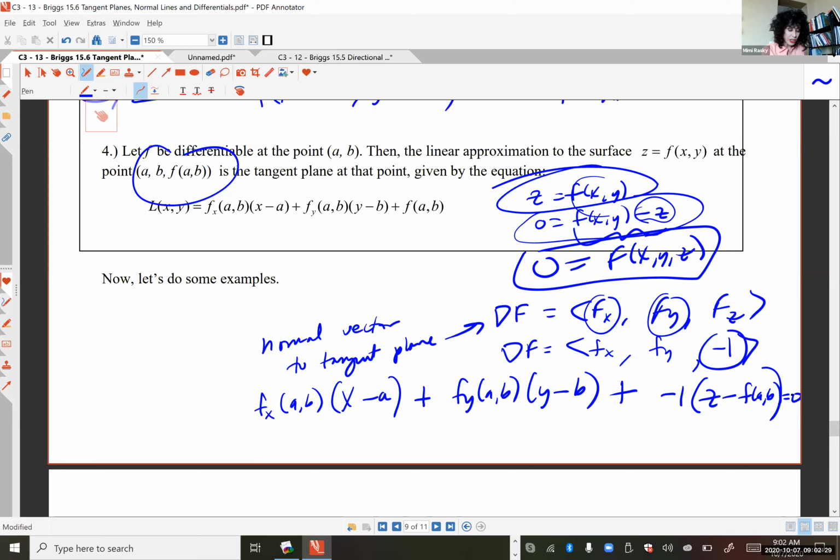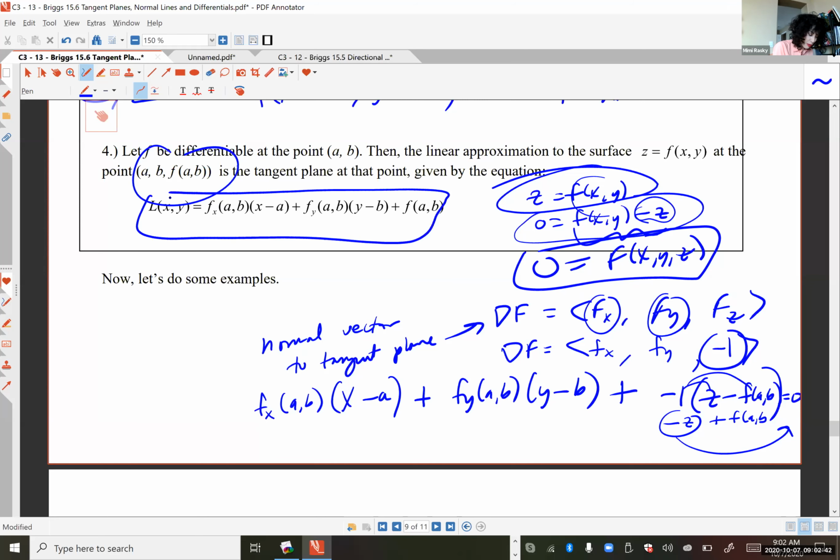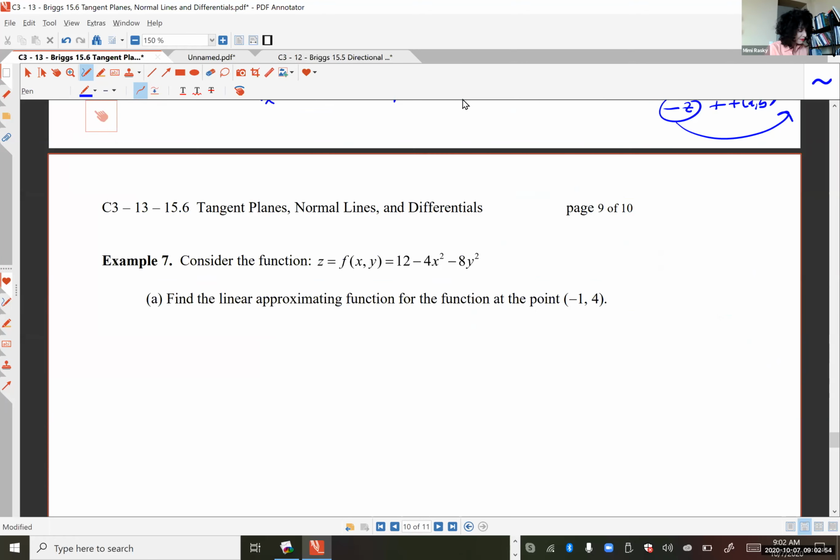And then if you rearrange this mess and you solve it for z, I'll distribute the -1, so I have negative z, and then a minus, minus is a plus, f of a, b, and then you add z to both sides, you will get this right here, where L of x, y is your z. So it's basically the same as the tangent plane, and you're going to use that tangent plane as your linear approximating function. Okay, so if we do some examples here,